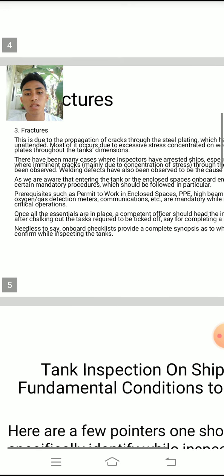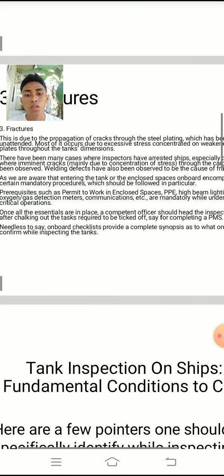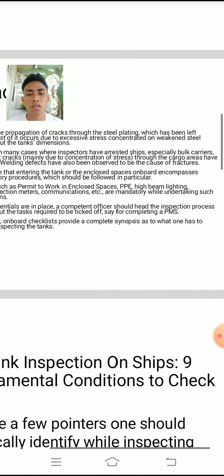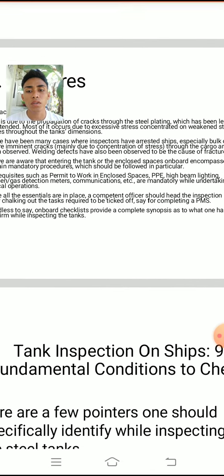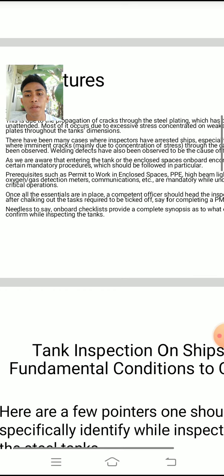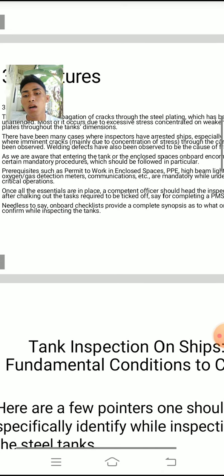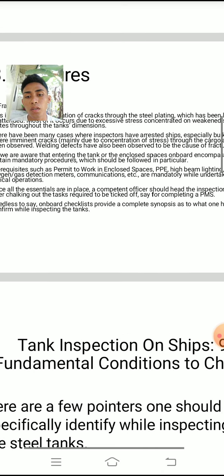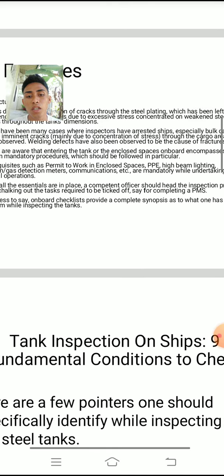There have been many cases where inspectors have arrested ships, especially bulk carriers, due to imminent cracks, mainly due to concentration of stress. As we are aware, entering the tanks or the enclosed spaces on board